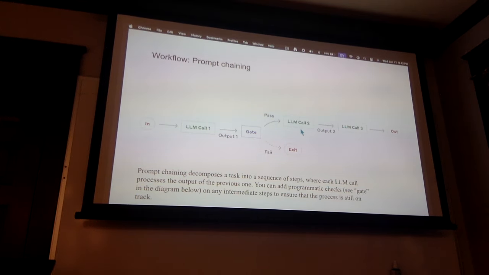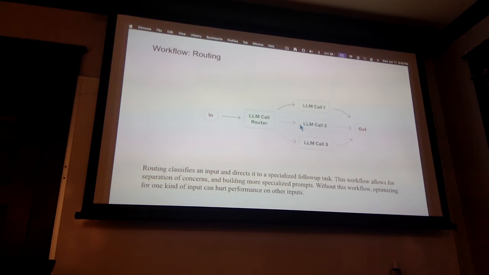All right, so you've got prompt chaining. I have an LLM call. I have a gating function that says, all right, is it the end of the thing, or do I need to go call another LLM and ask for more? Then again, do I need to trigger another LLM? Or I can have routing, right? Now this is where